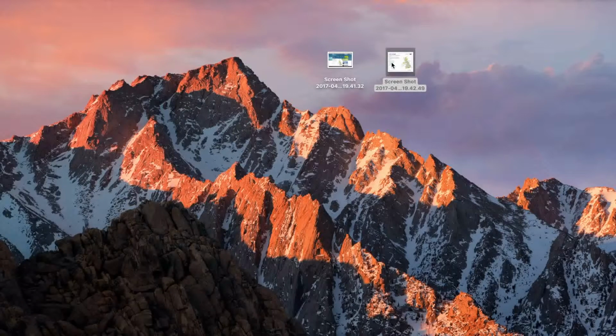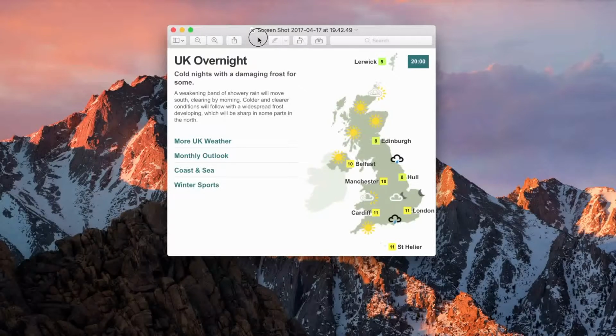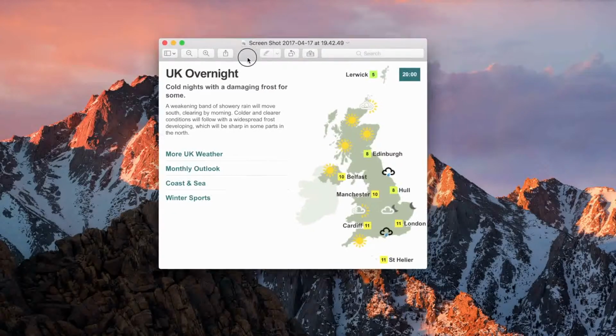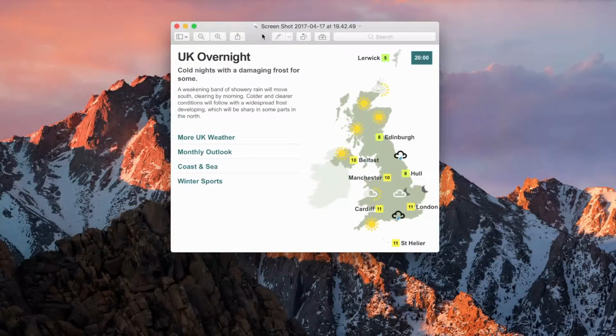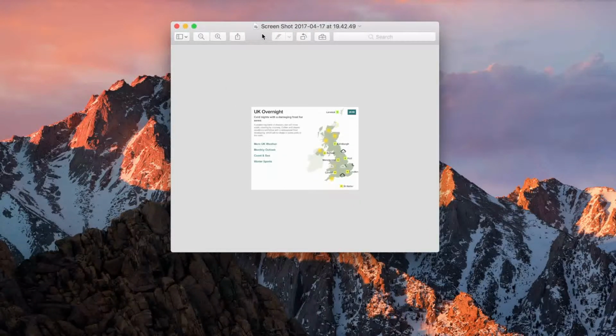Now this is a useful thing to know also if you need to resize a photograph and you're not that comfortable with using photo software. Take your little screenshot like this, and then use your Command and your minus buttons to zoom out. This is to reduce the size. I do have a video about zooming in and out if you'd like to see that one. But here I'm going to press and hold Command and keep pressing the minus button, and every time I do, it reduces in size. So I'm going to leave it there, let go,